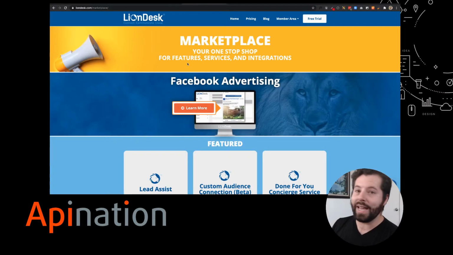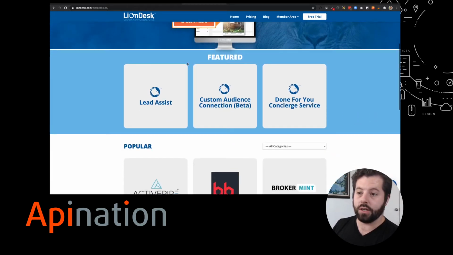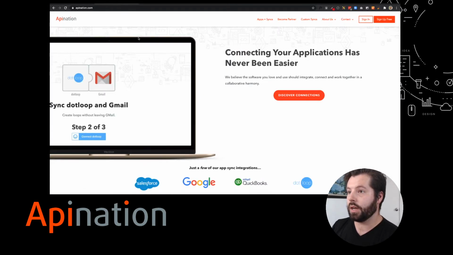The easiest way to do that is using BombBomb with LionDesk. Let me show you how we set it up. The first option is just to go to the LionDesk Marketplace. It's your one-stop shop for features, service, and integrations for LionDesk. You can find all the API Nation integrations we built for LionDesk here, or you can go straight to apination.com,